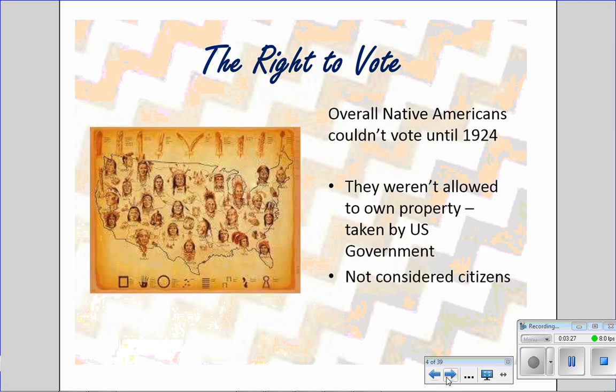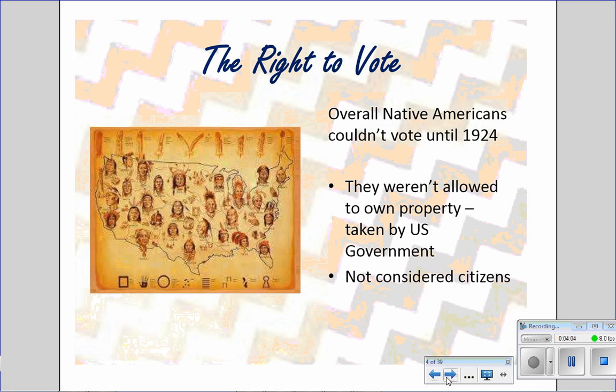So let's talk a little bit about Native Americans. Native Americans weren't allowed to vote until 1924. One, they weren't really allowed to own property. The reservations were not considered property of the United States. They were considered property of the tribes. So that didn't count as them owning property. And oftentimes, if they did get property outside of the U.S. government, it was easily taken away. And as you know, the land that they owned was taken away by the U.S. government with all the wars that were fought with the Indians in the early days of our country.